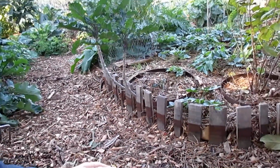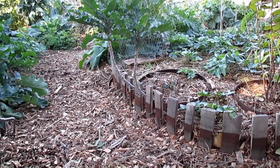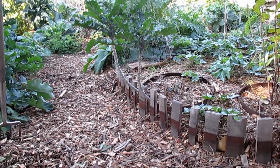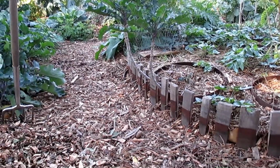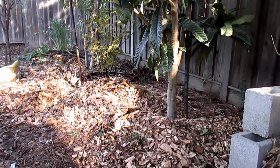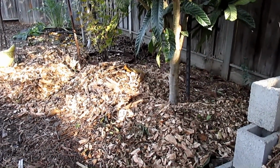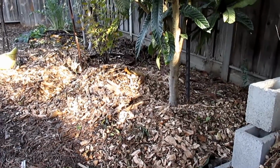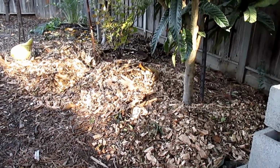So early on with this design, the whole objective was to cover the entire landscape with mulch, which I accomplished. And now at this point, approaching year 7, what I'm really doing is just rebuilding certain areas, recovering pathways. And like over here where we got the loquat tree, I had some wine cap mushrooms growing. I put some of the larger wood chips in that same area. I'm going to disturb the mycelium a little bit, try and get it reinvigorated and going again, and we'll see